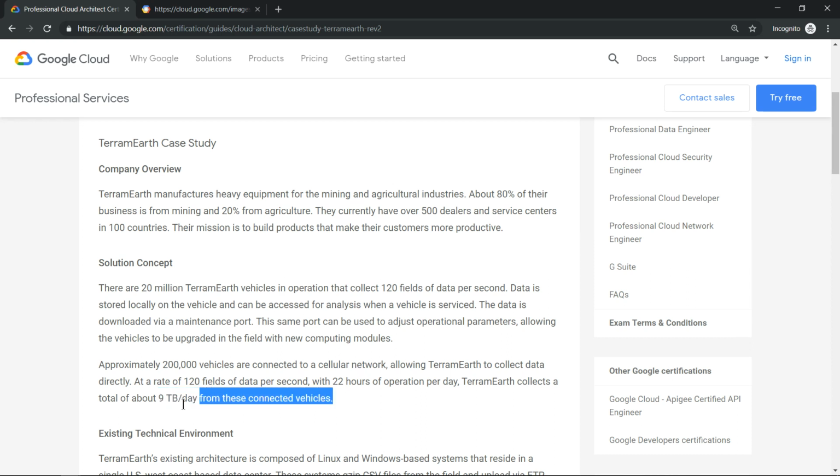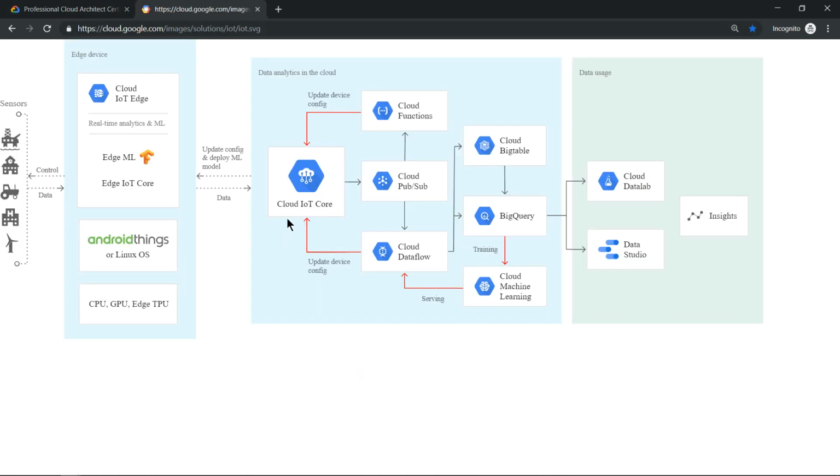The moment you see such a thing, the first thing that would strike us is they are talking about big data. That is the key here. And since the vehicles are connected to the internet and they are sending information, the second thing that would strike us is they are talking about IoT. So the moment you hear IoT, the one thing that should strike you is IoT Core, which is one of the product offerings in GCP. So this architecture resonates very well with what they have talked about. So this is available in the IoT Core